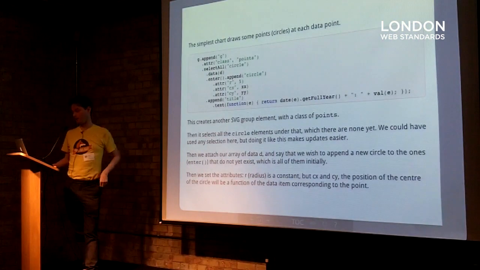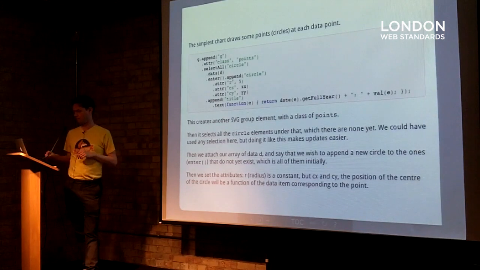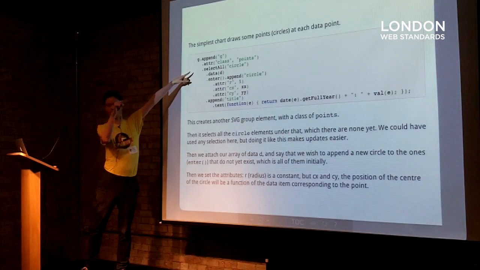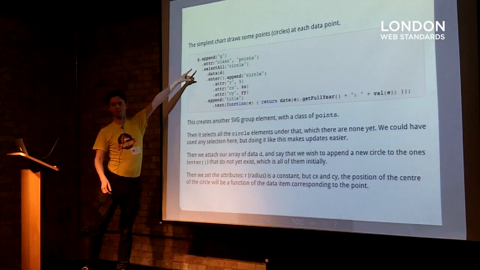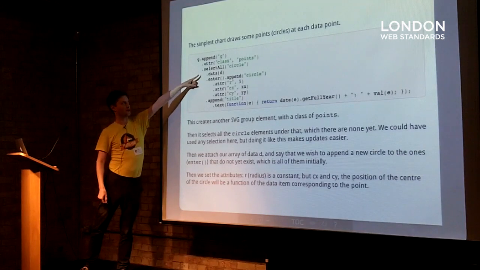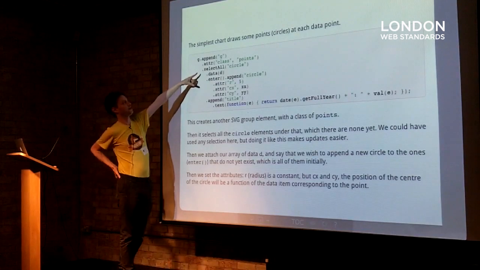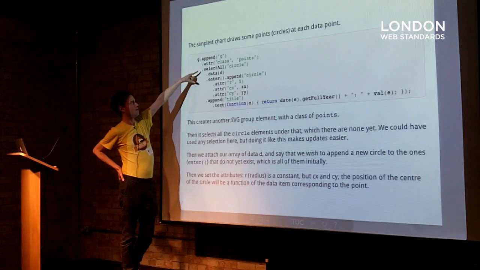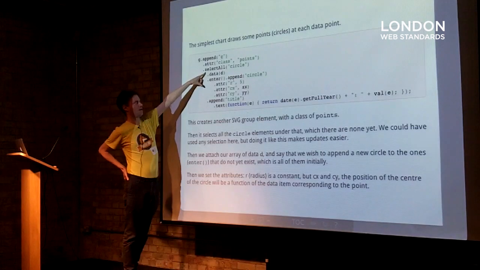We're nearly there, and then we're just going to draw the simplest possible thing. We're just going to draw some little circles. So we're going to group our circles into a class of points, because these are the points in our graph. This grouping is just for CSS purposes. We're going to draw circles. This will become more clear later on, I think. But we're going to select all the circles that are under our class of points, which at the moment there aren't any of,